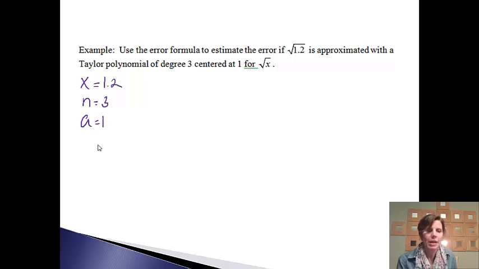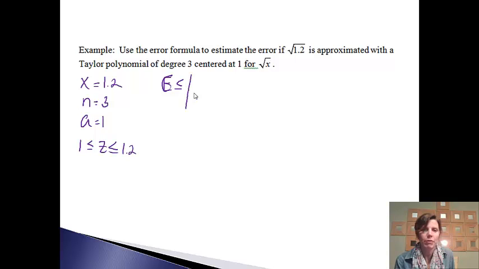And then my z value is going to be somewhere in between 1 and 1.2 because it's always going to be somewhere between the a and the x values. All right, and we'll deal with which one we want that to be in just a minute. All right, so we're going to go ahead and get the formula set up, and just looking at what we